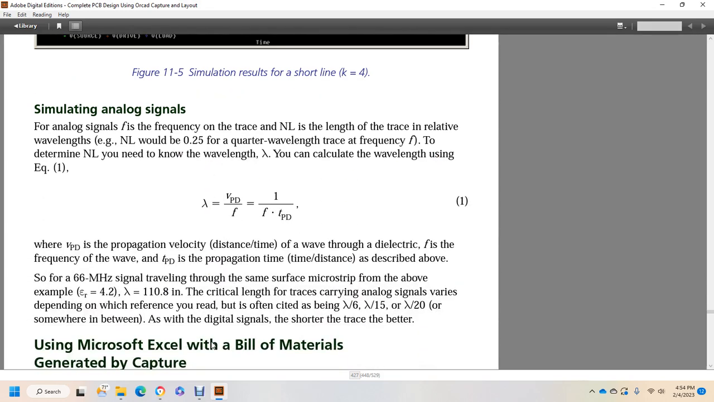With the propagation velocity, the distance of the time wave of the dielectric, the frequency of the wave of the TPD. Propagation time and the distance described above. The 66 megahertz signal travels the same surface as microstrip above, with an example at 4.2 wavelength of the 110.8